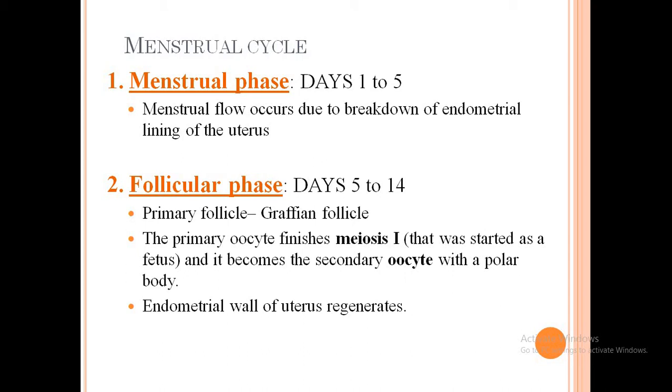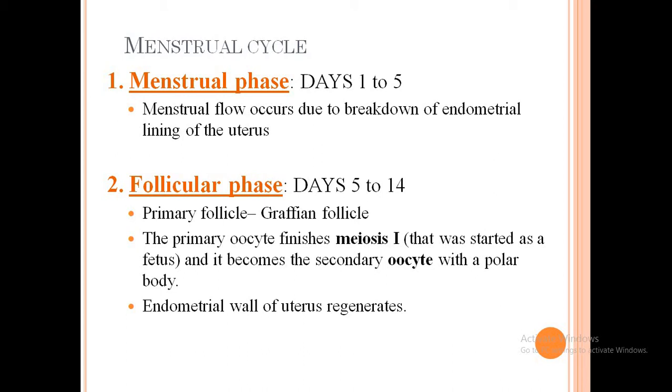Now, children, the menstrual cycle consists of 4 phases. We did it in class 10th also, but here we will do it in a little more detail. I have already posted the notes of the menstrual cycle on your PCR also. So see the first phase, children. The first phase is the menstrual phase. This menstrual phase goes from day 1 to day 5. The moment the girl experiences a menstrual flow, that is the first day, and this continues for 5 days.